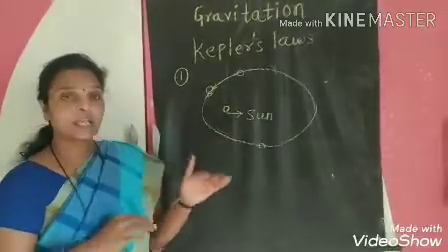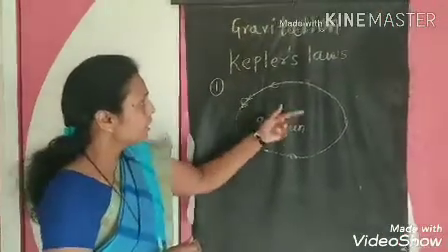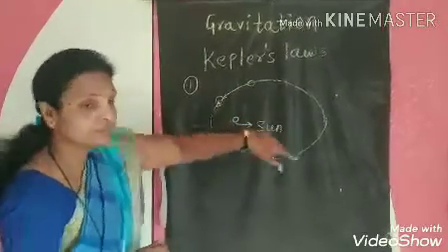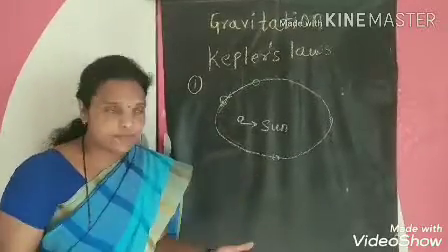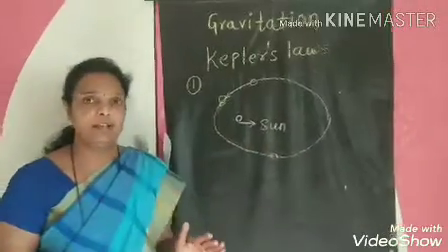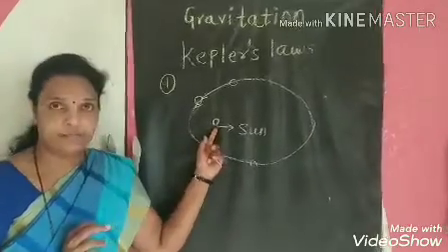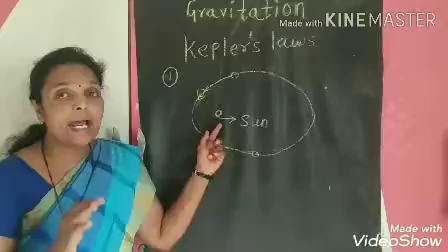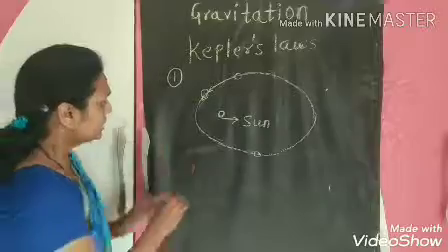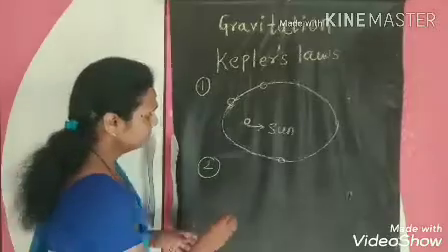According to this, Kepler put forth three laws, and the first law is: the orbit of a planet is an ellipse, with the sun at one focus. Now the second law of Kepler is, all of you know, see,